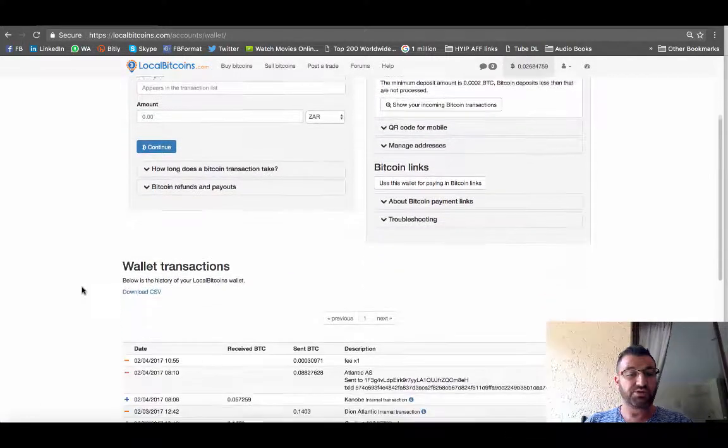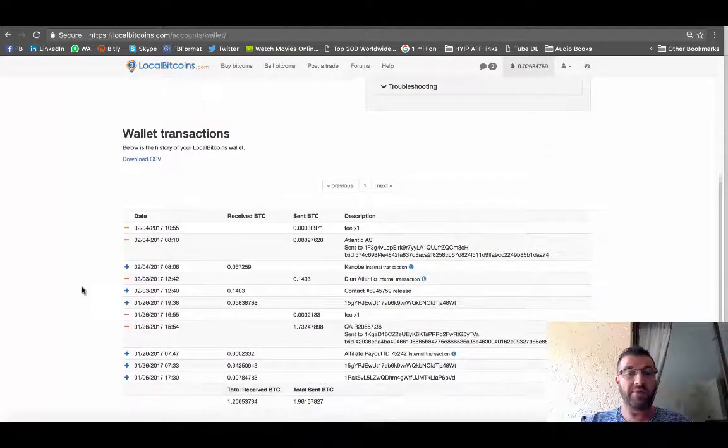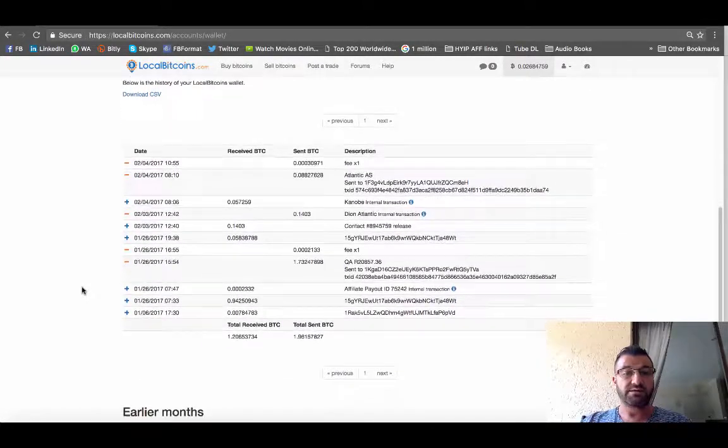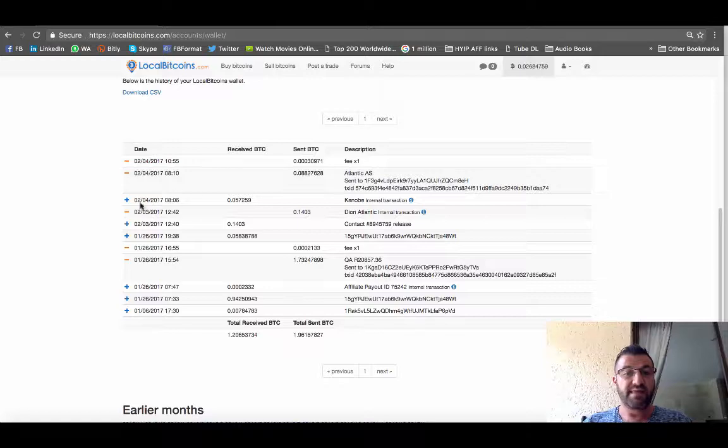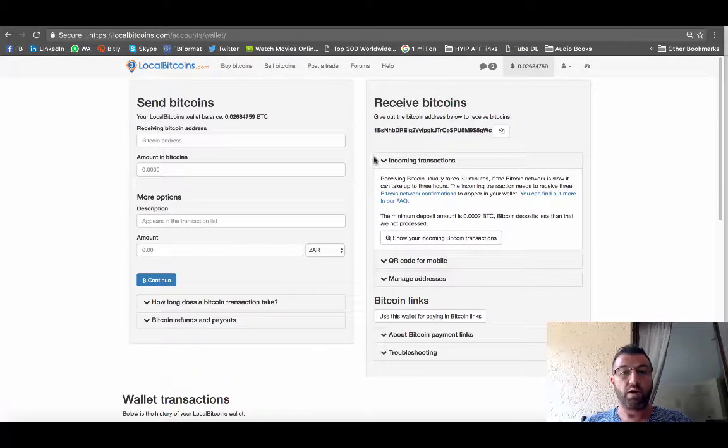There's not much else to understand over here. At the bottom, if you scroll down, you can see all the different transactions that have taken place in my account. So if I wanted to receive funds, I would send this wallet address to the person that wants to send me funds. And if I wanted to receive funds from somebody, obviously somebody would then send me their receiving wallet, and I will then